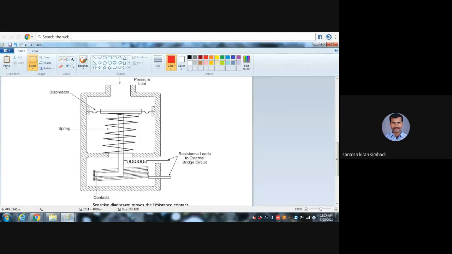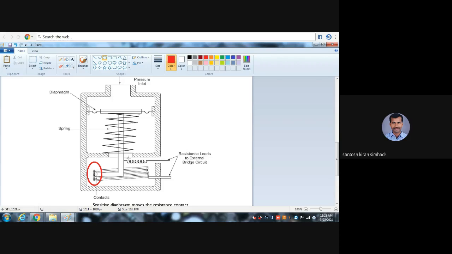So automatically there is a change in these circuits. There is a change in this part. If there is any change, the same phenomenon occurs: resistance is varied, potential is also varied. So both are the same, but here you have considered a diaphragm. The diaphragm is one of the elements used in the springs. If you want detail, go through the material, and I will provide the material also.